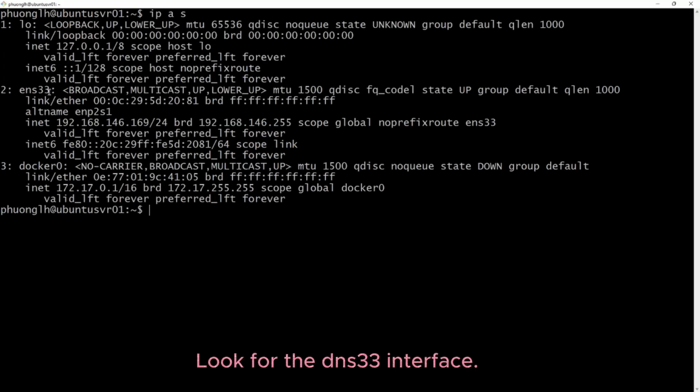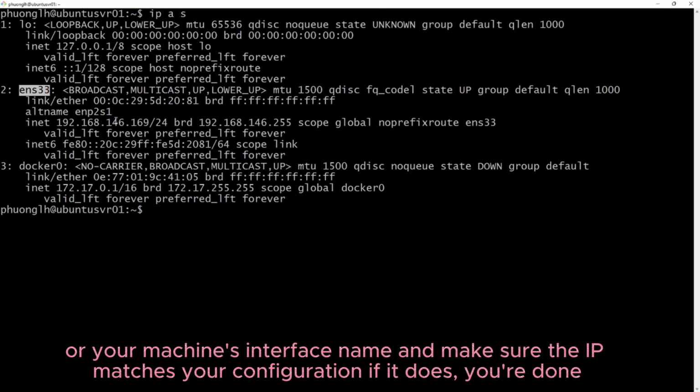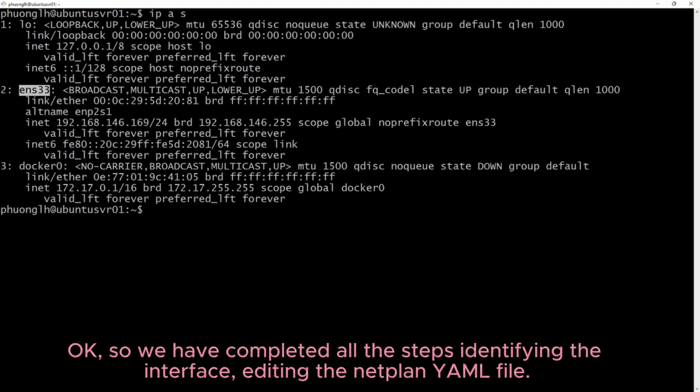Look for the ens33 interface or the machine's interface name and make sure the IP matches the configuration. If it does, you're done.